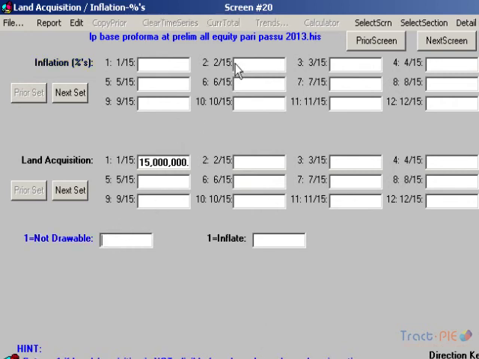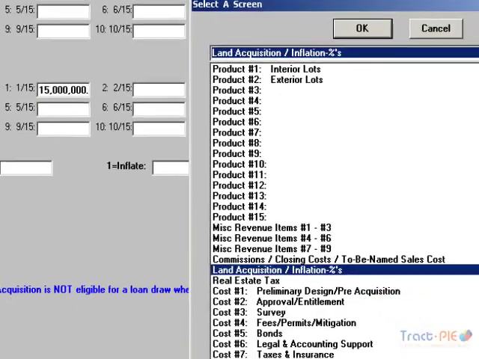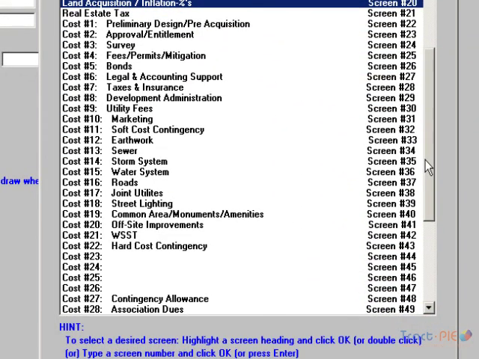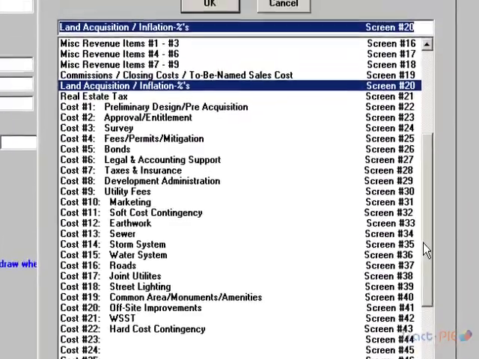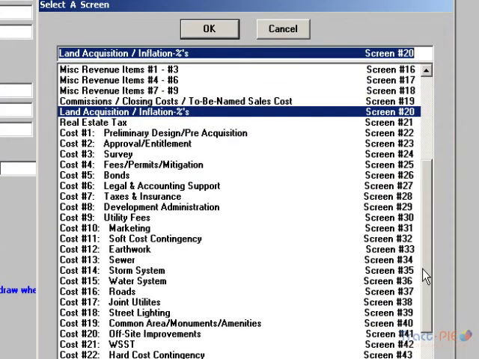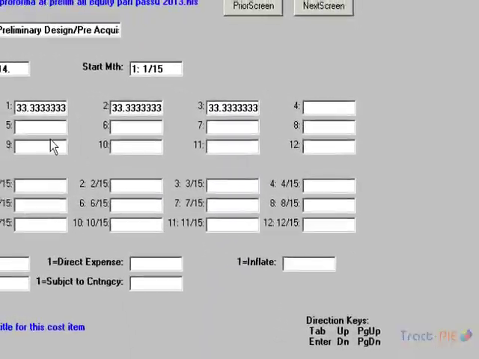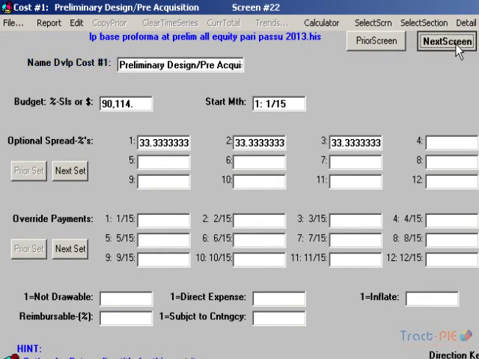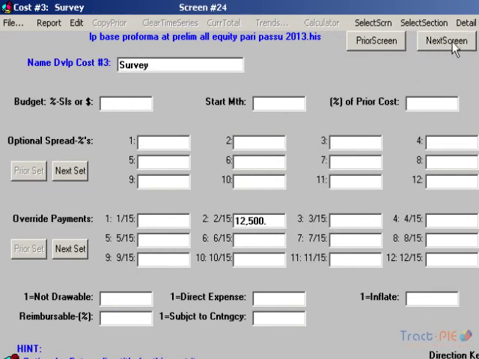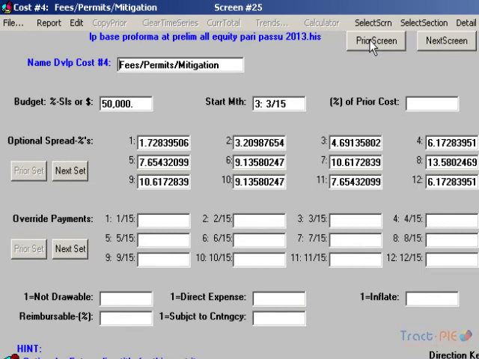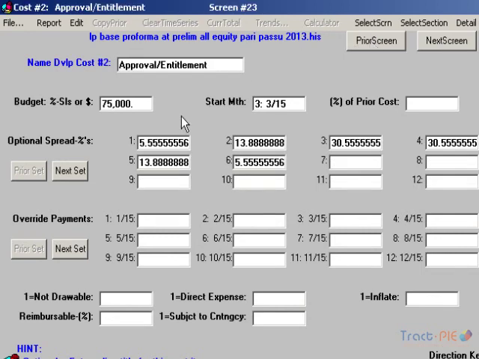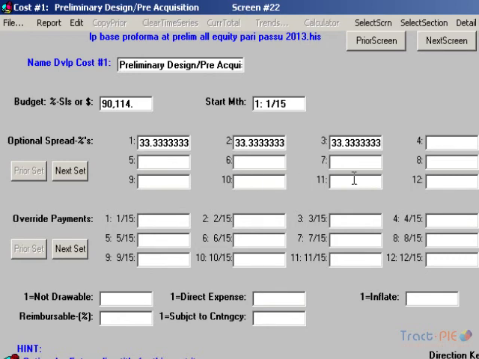You can describe up to 30 user-defined development expenses. We have about 22 in this particular example. These expenses can be dispersed period by period, where it says override payments. Or you can input a total amount and have it dispersed using different percentages. These periodic percentages can be input manually or automatically generated on a straight line or a bell-shaped or S-curve over